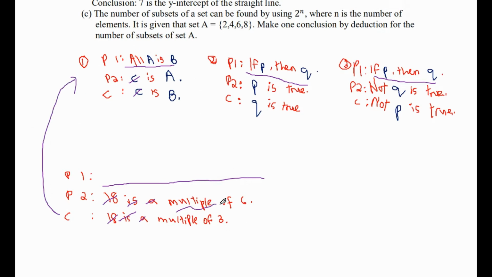So this is A and this is B. So the answer will be all multiples of 6 are multiples of 3. Okay, so when we can cancel the words between premise 2 and conclusion, when there are similar words between them, then we are going to use this type, all A is B. Okay, if we cannot cancel any words between premise 2 and conclusion, then we are going to use if P,